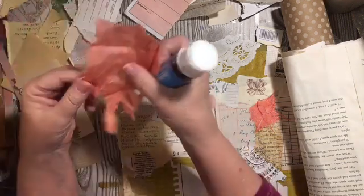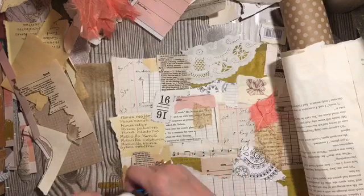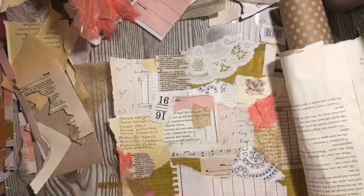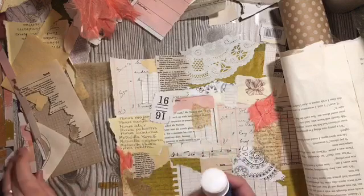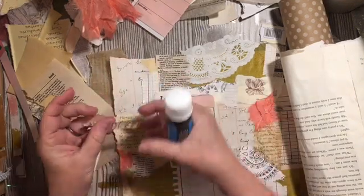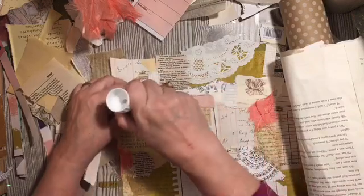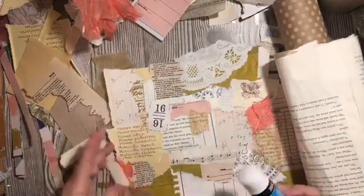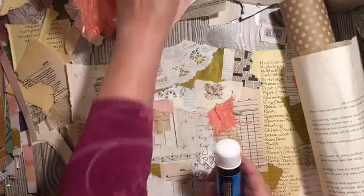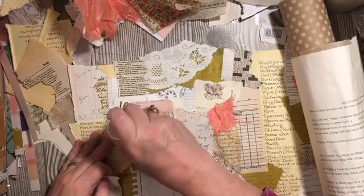I'm going to go ahead and add another piece of the mulberry paper over here. Okay. Oh, we still have that right there. So let's see, and I think we'll put a piece of the napkin. Okay, so this piece right here. Oh, that's kind of cool. Big old piece of doily. Not that big, but...